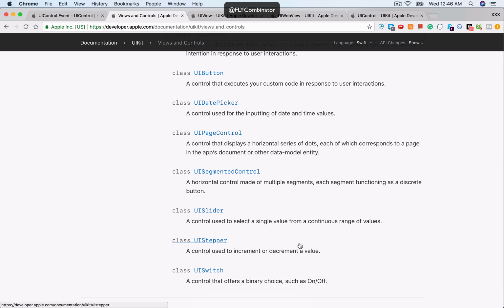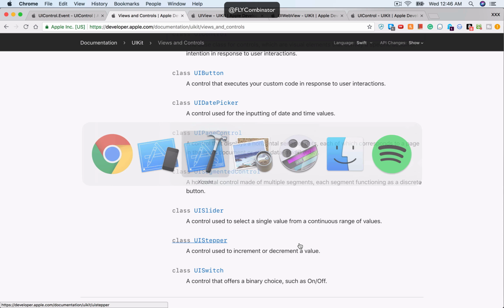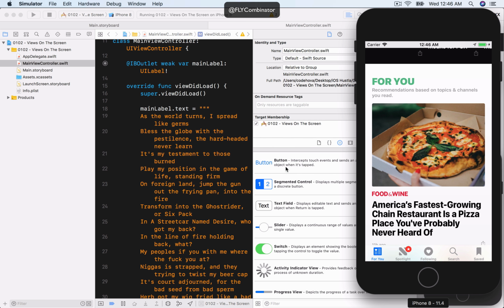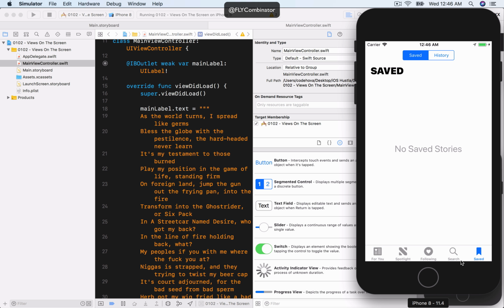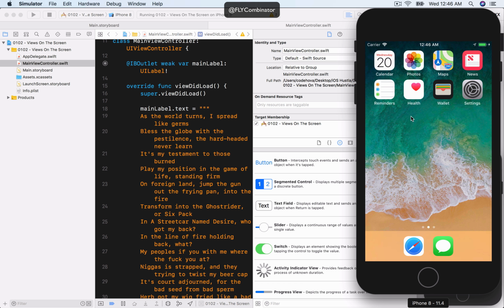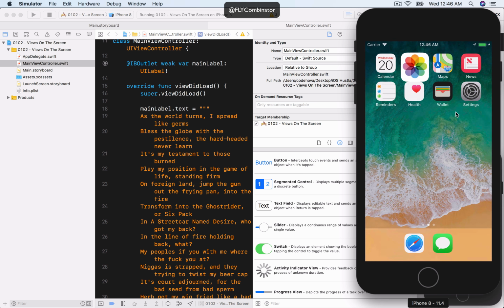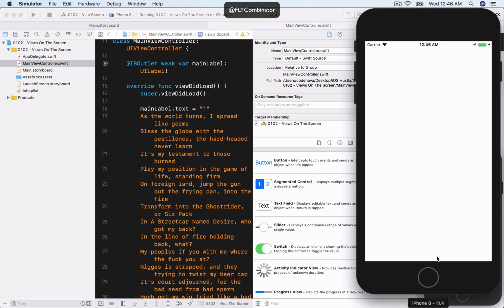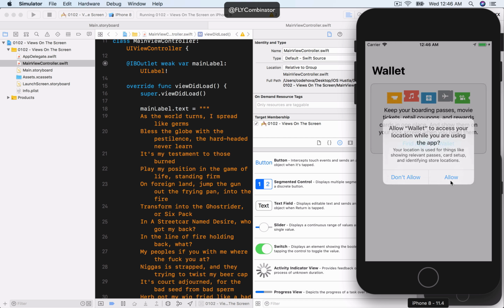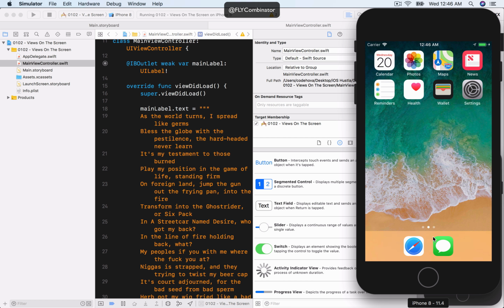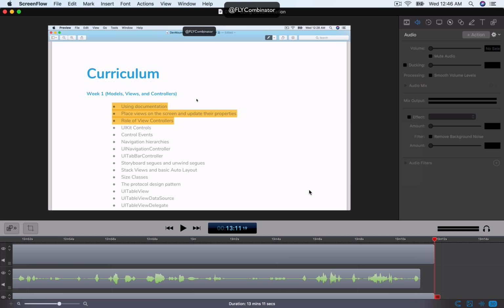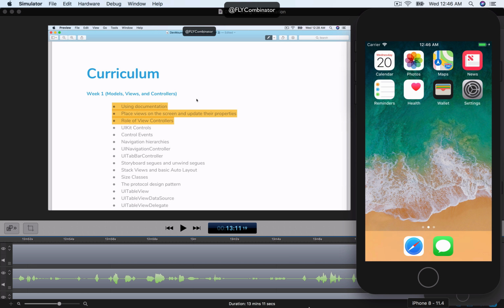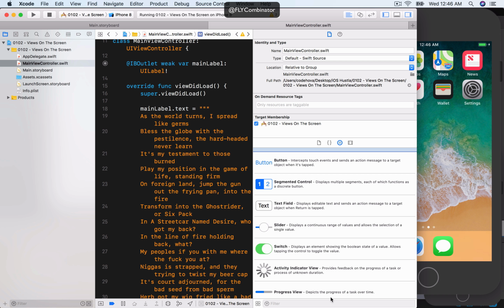Let's see if there is, where can I find a page control? I don't think it's there. Yeah, my bad. But basically what it is,